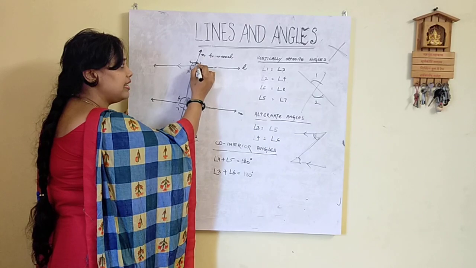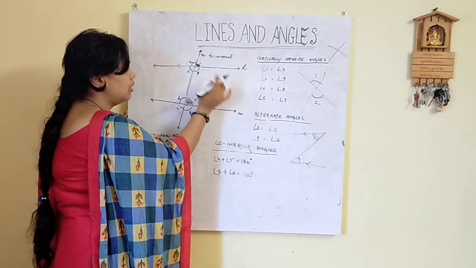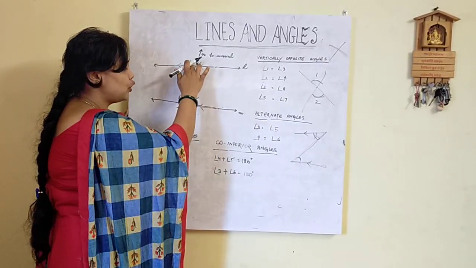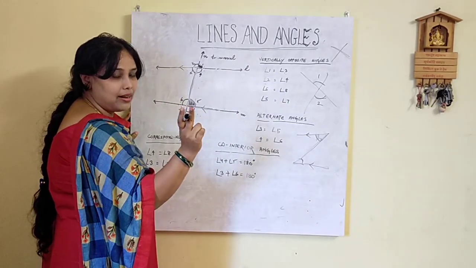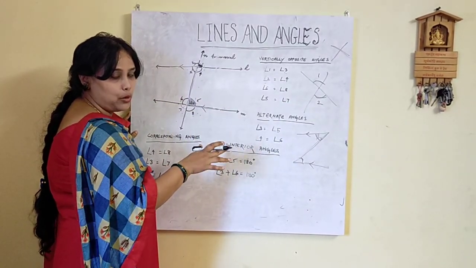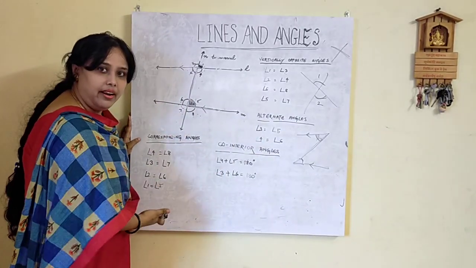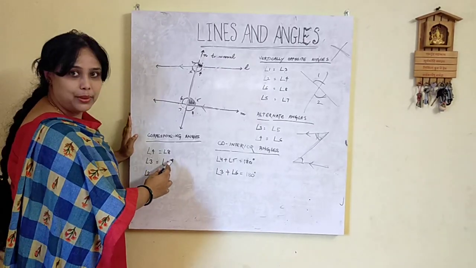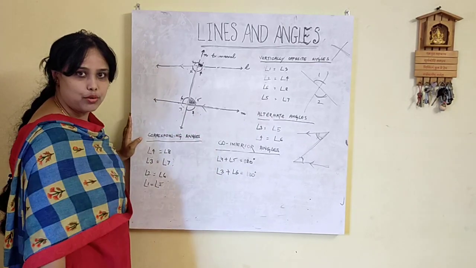So what are corresponding angles? These. See, they are formed on the same side of the transversal. So angle 1 and angle 5 are corresponding angles. Angle 2 and angle 6 are corresponding angles. For two lines to be parallel, the corresponding angles should be equal. This is the third criterion. Here I have already written for your understanding that 4 should be equal to 8, 3 to 7, 2 to 6, 1 to 5, as the name goes.